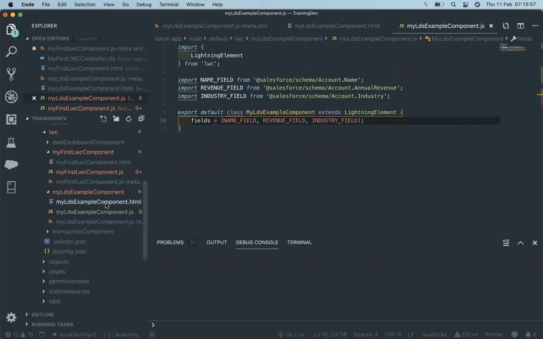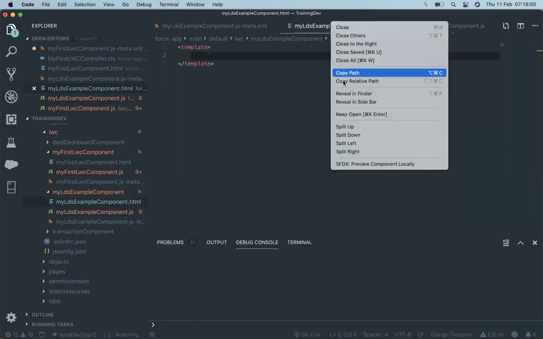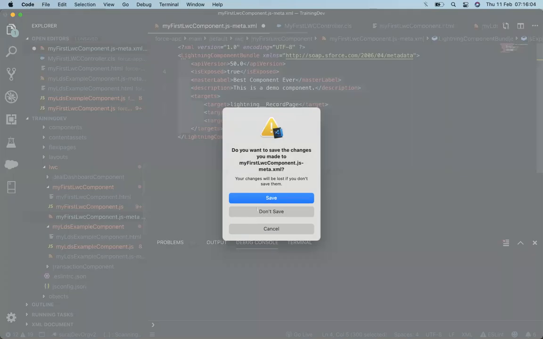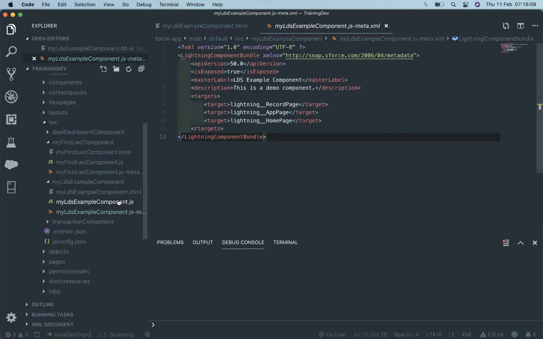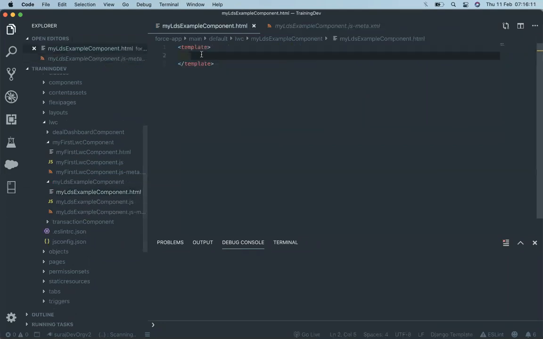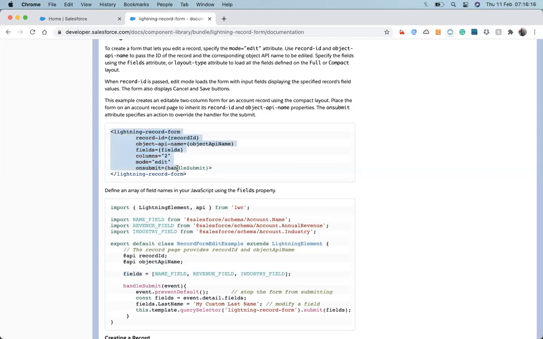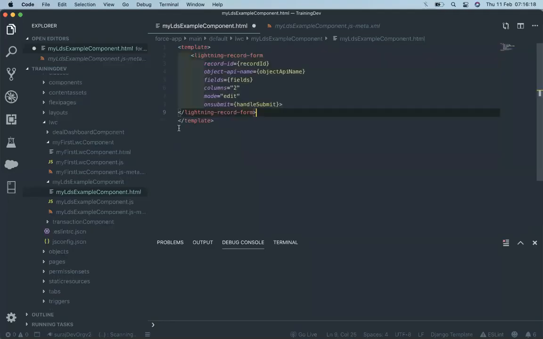Now go to its JS file. Let's close the other one. It's meta XML. It's HTML. In the HTML, I will paste the files. Okay, it's asking for the record ID, object API name, fields, and handle submit.